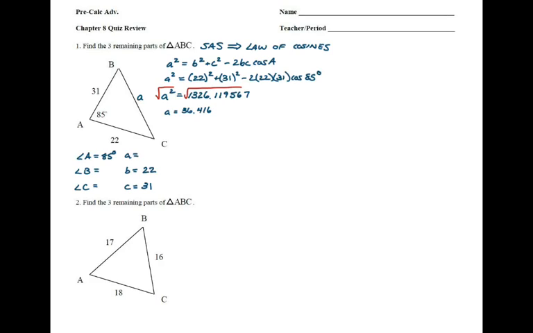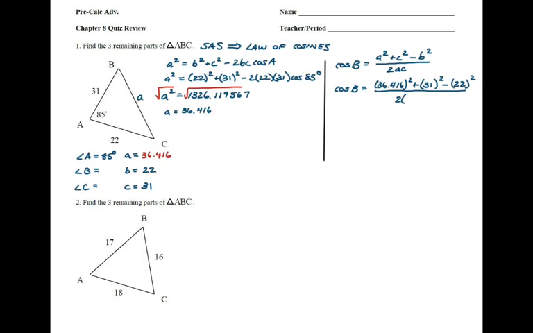So I'm going to set up a law of cosines for angle B. Just filling in the table, I found my third side, so I have that. And let's proceed with finding angle B. So the alternate form of the law of cosines would be cosine of B equals A squared plus C squared minus B squared all over 2AC. And I know A, B, and C, so I can find this. So 36.416 squared, which is the side I just found, plus 31 squared minus 22 squared all over 2 times